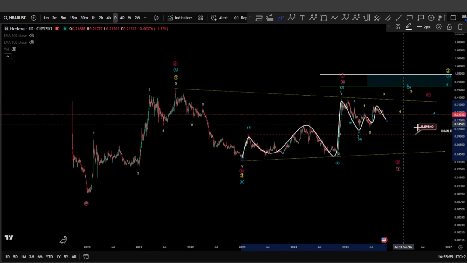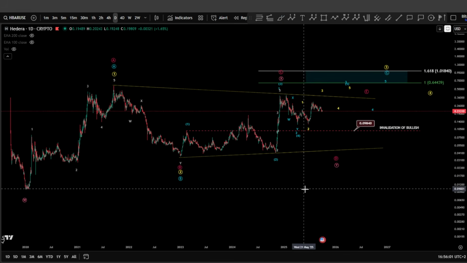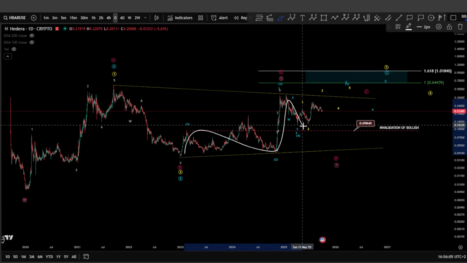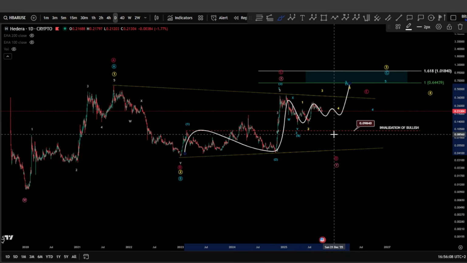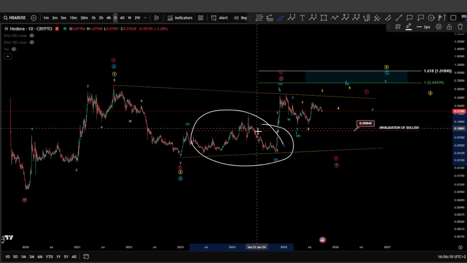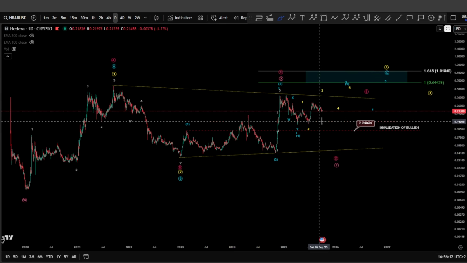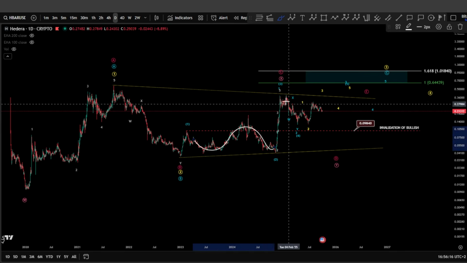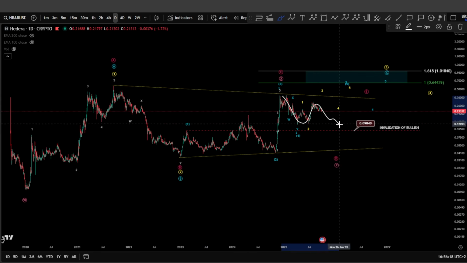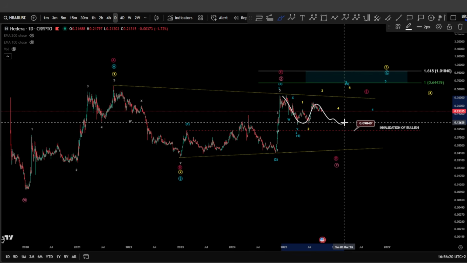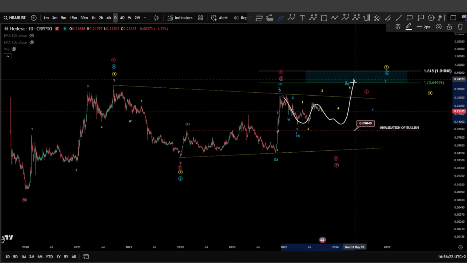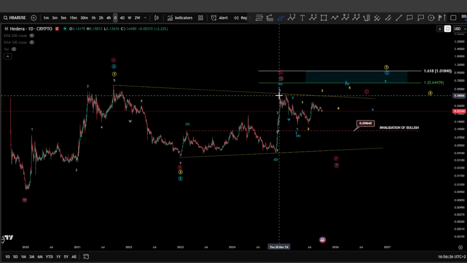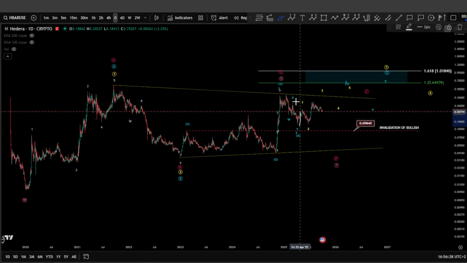Wave 4 did not interfere yet with the invalidation of the bullish scenario, meaning we are still in a very long sideways wave 4 that might be unfolding here, especially since the wave 2 has a very long time range and is an expanding flat. We're expecting a potential zigzag here as a possibility before we move toward the upside, but even on the lower time frame, we see a potential finish of W, X, and Y.